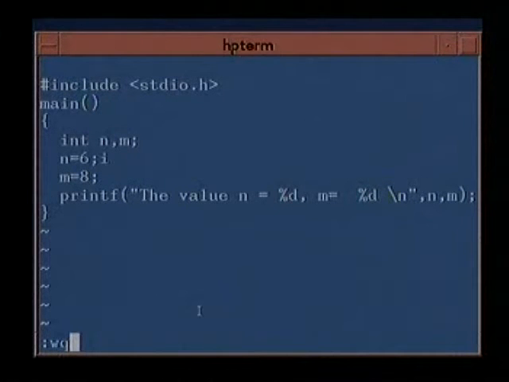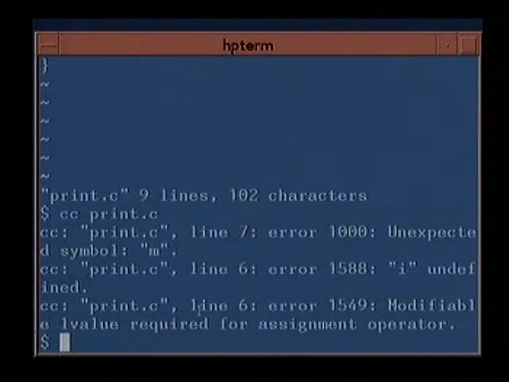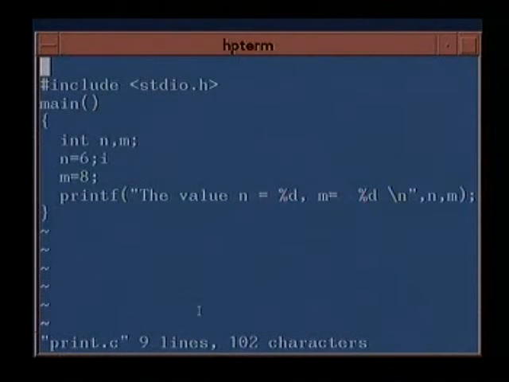So this is the program. There is some mistake. Oh, there is an I out here which is incorrect. This is a syntax error.